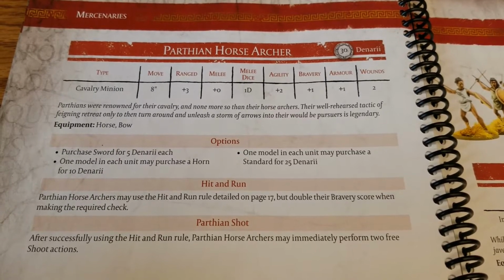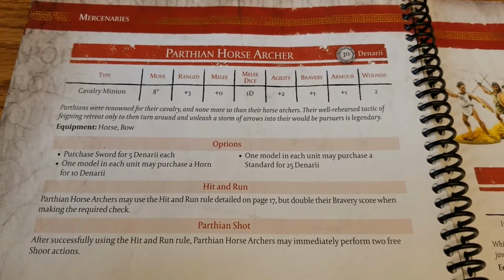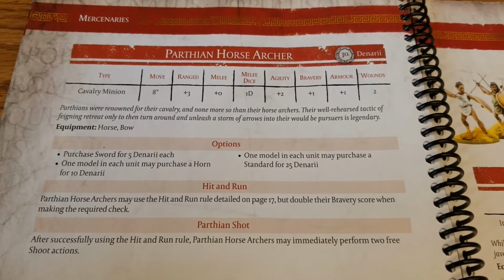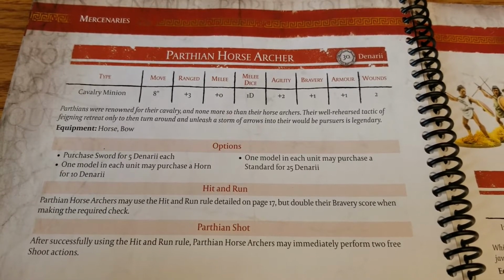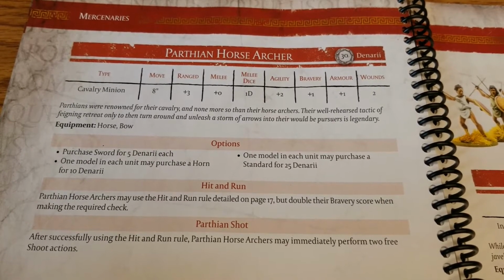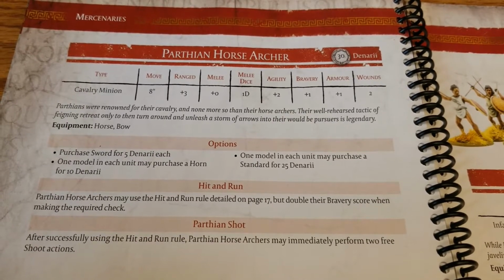And then they actually double their bravery score when making that required check. But also Parthian shot. So after successfully using the hit and run rule, they may immediately perform 2 free shoot actions, which, if you can get this going, it's going to be really frustrating for the opponent to try and deal with them. So best way to really probably down these guys, they do have a pretty hefty cost, so hopefully you won't be encountering too many of them,